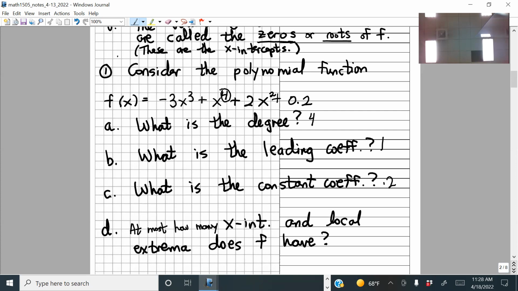Usually when you write down the formula for a polynomial function, you'll write it in descending powers of x. So normally you would have written x to the 4th power first, right? And then the next highest power, and so on and so forth. But I mixed up the terms in this formula just to throw you off there. The coefficient of that highest power term is called the leading coefficient. So for this term, x to the 4th power, its coefficient is invisible. So that's understood to be 1, right? So the leading coefficient here is